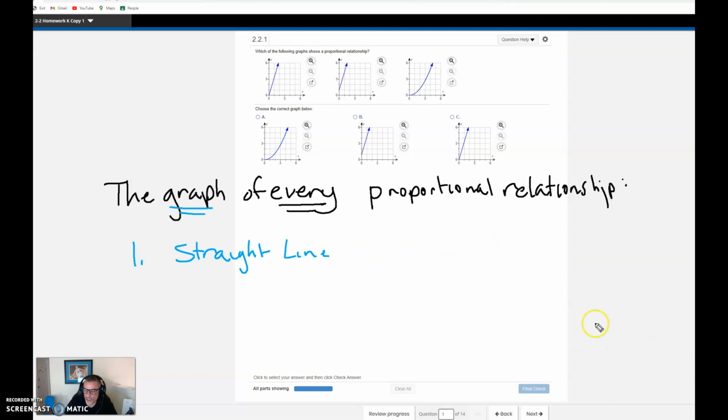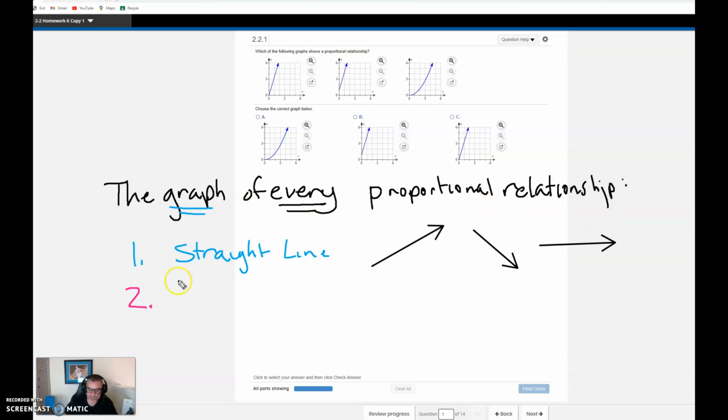So in art class, you might say, oh, that's a beautiful curvy line. That is not a line in math. In math, a line is perfectly straight. Okay, maybe it goes this direction, maybe it goes that direction, but they are perfectly straight. If it is not a straight line, it is not proportional. And the second thing,